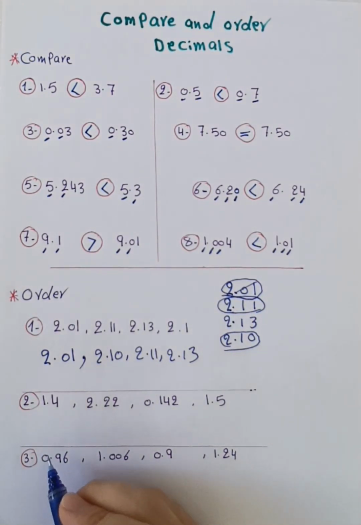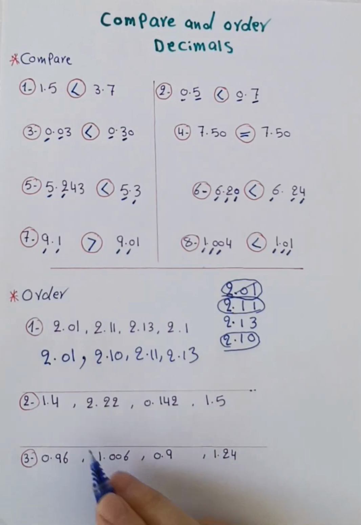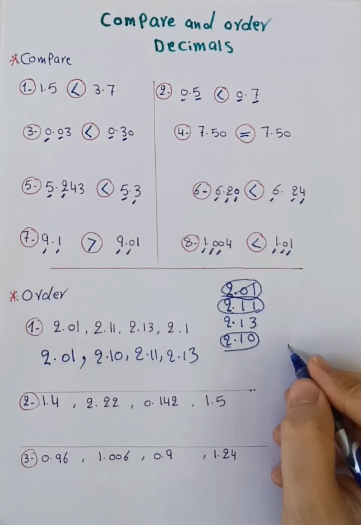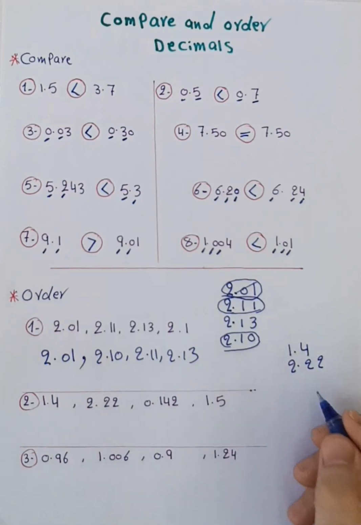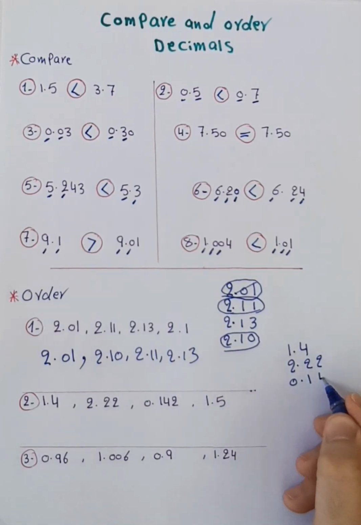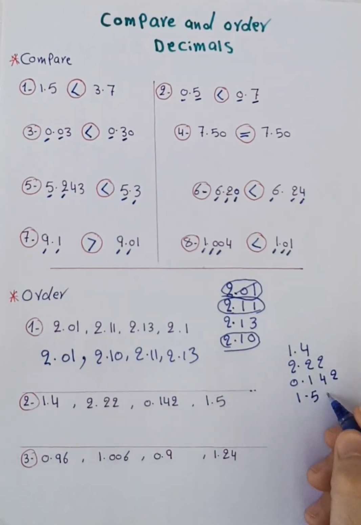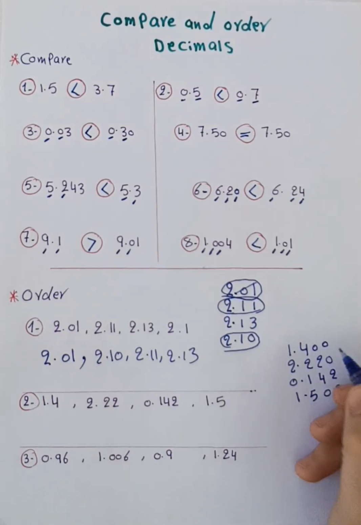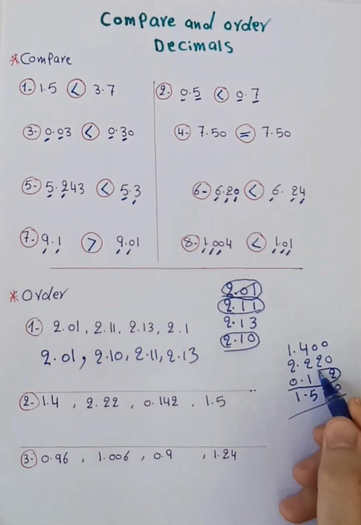Example number 2, when you order from least to greatest, first we have to make the numbers equivalent. 1.4, 2.22, 0.142, and 1.5. We have to write 2 zeros here and 1 zero here and 2 zeros for the first decimal. And then when we order from least to greatest, the least decimal number is